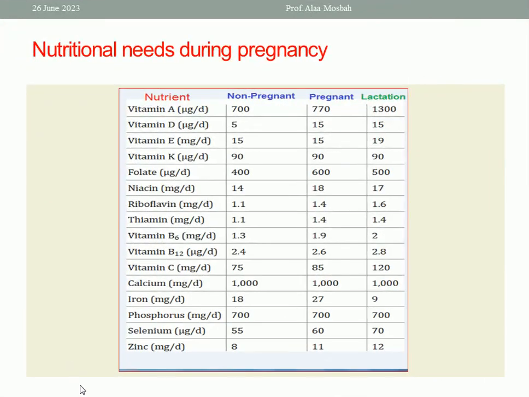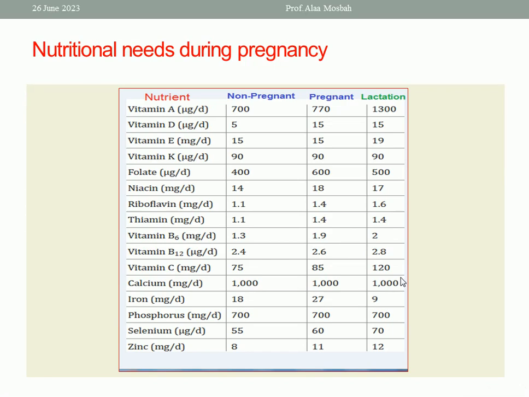This table shows some vitamins and minerals. It's important to know the daily requirement. This is for the non-pregnant, this is for the pregnant lady, and this is for lactation. Okay, please remember folic acid because it is important, very important. Folic acid, pregnant women need 600 microgram, okay,